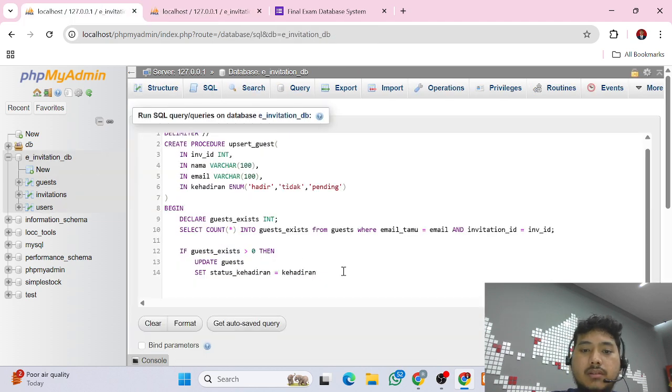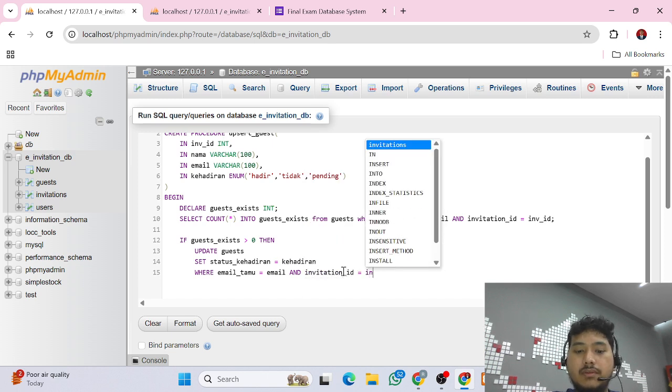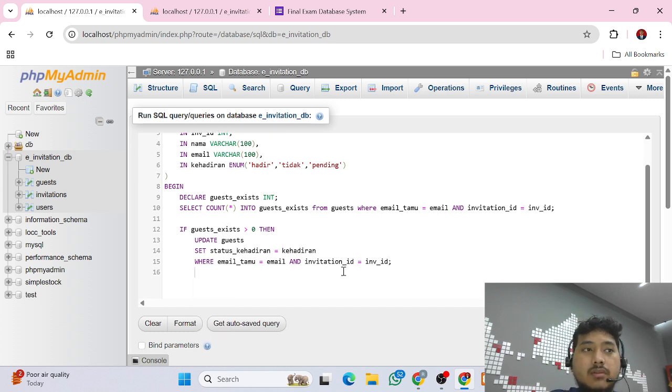Okay, status kehadiran, where email tamu sama dengan email and invitation ID sama dengan invitation ID. Okay, if, else.